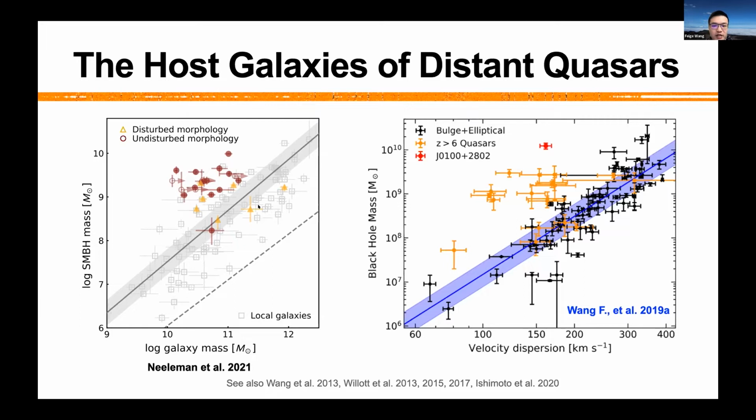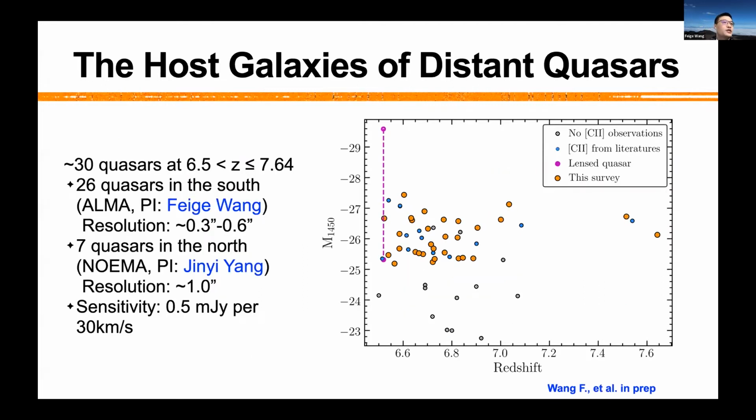So this observation has been focused on redshift 6, although there are several quasars at redshift beyond 6.5 that have been detected with ALMA. But as I said, in the past several years, we have made a much larger sample of quasars at redshift beyond 6.5. So we really also wanted to detect the host galaxies of these quasars. So in order to do this, we performed a new ALMA survey trying to detect the host galaxies of quasars